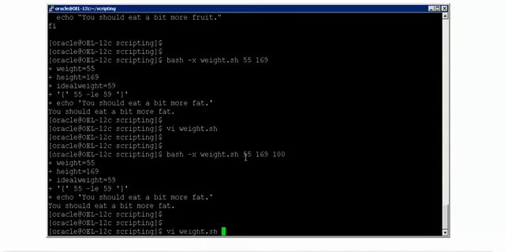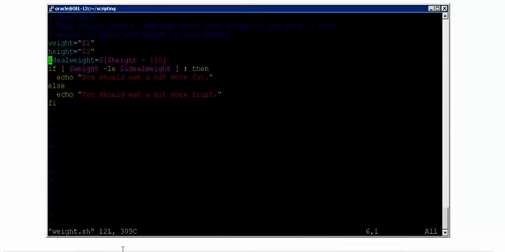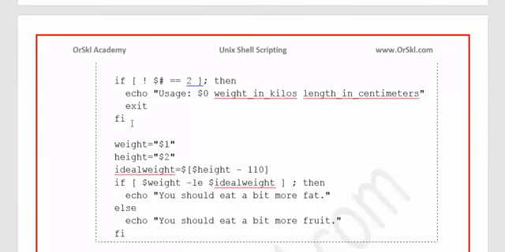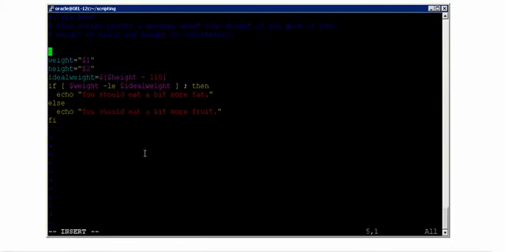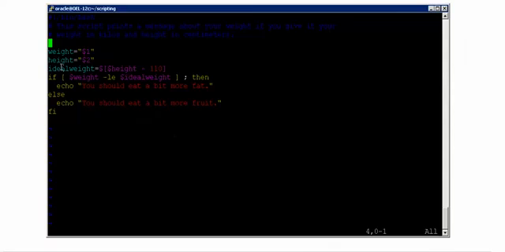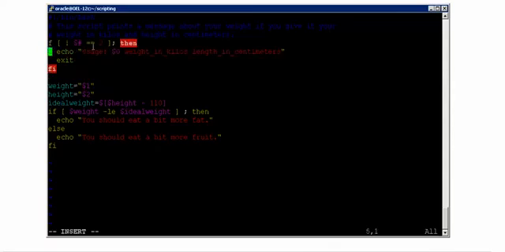So that's where let me edit the script to make sure the user always gives only 2 arguments. If he gives more than 2 arguments, it should exit. So now if you see here, before I execute this, the first thing I'm checking is if $# is not equals to 2. That means you can either use not equals to 2, or an exclamation with $# is equals to 2 also. This is another way. I did it a little reverse, but excuse me for that. You can also do it like this.